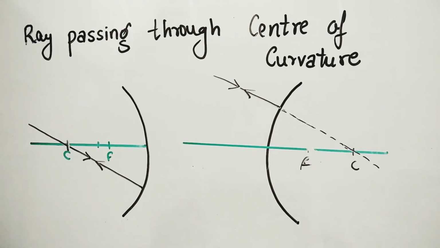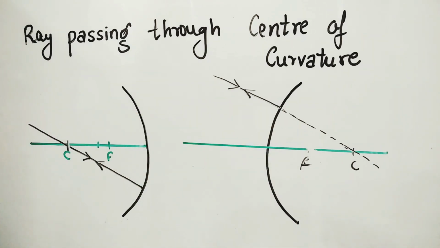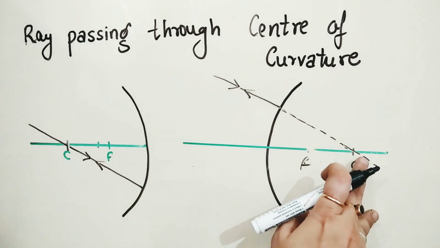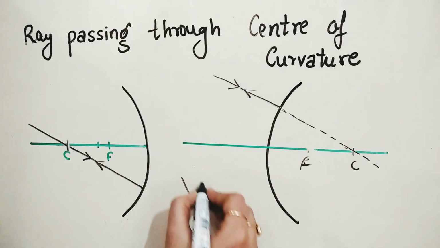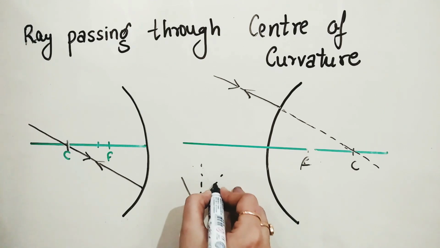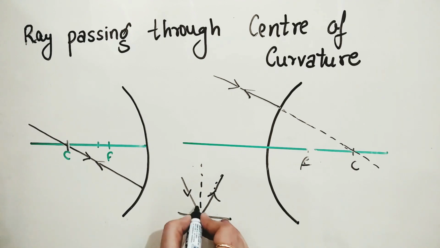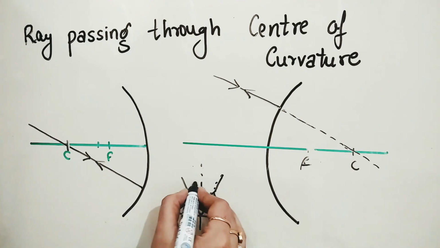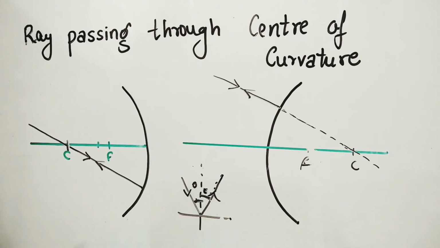Why does this happen, that there is no deflection in this case? Because in the previous two diagrams we have drawn, the normal is along the center of curvature. So whenever the path is along the center of curvature, that is I is equal to 0, then obviously R is also equal to 0. This is the law of reflection, na? Incident ray, reflected ray and the normal. Now if the angle between I and the normal is 0, then between R and the normal will be 0 also.